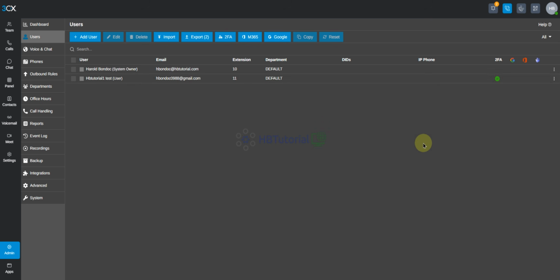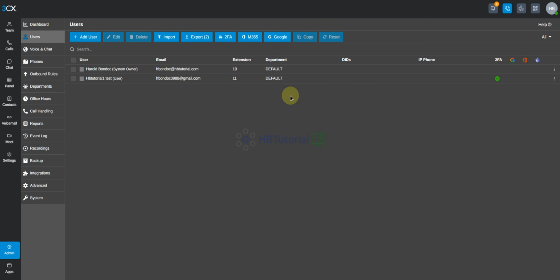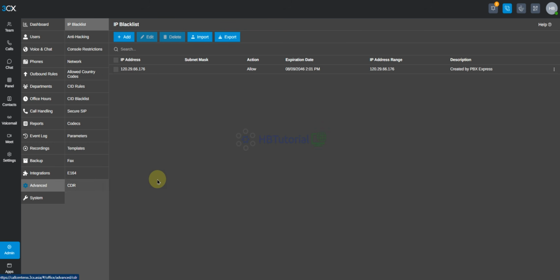So the extension here is two digits. And if you want to create roles or something else, that's possible. Okay, let me see the advanced settings.